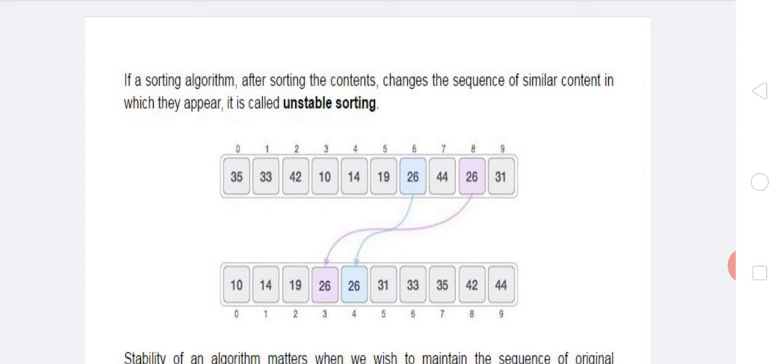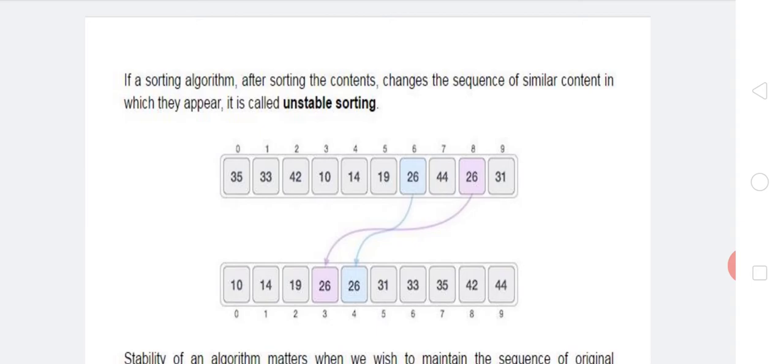This location number 6 element is stored at location number 4 in the bottom array, and in the top array, the location number 8 value, which is 26, is stored in the bottom array at location number 3.